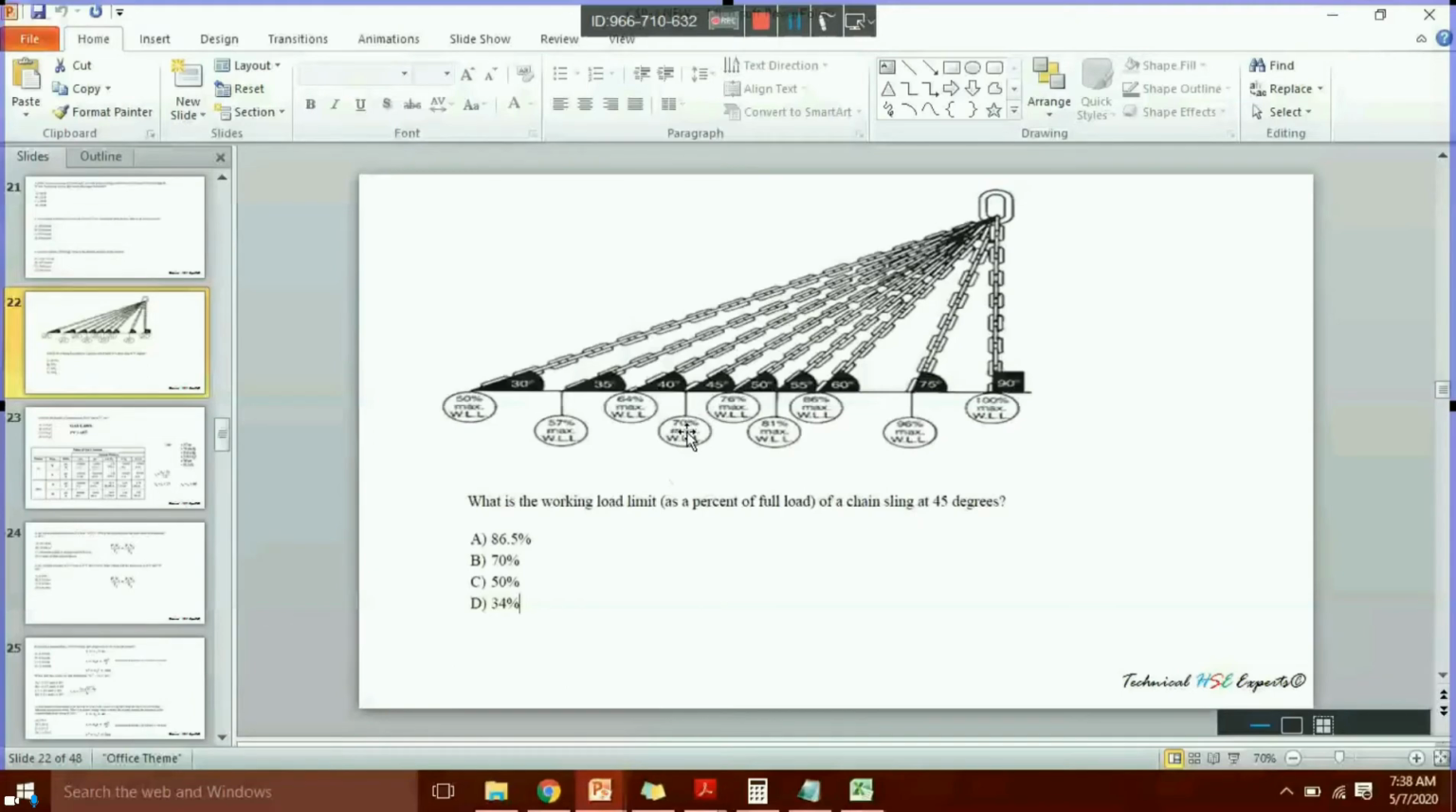Okay, that's the meaning. So, for example, if it has a capacity of 1000, SWL is 1000 for the chain sling, then at 45 degrees, 700 will be the capacity. So, yesterday we discussed the relation between theta and the tension on the sling. So, if theta